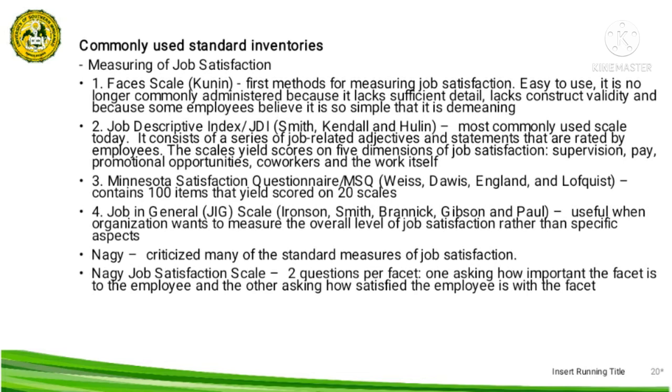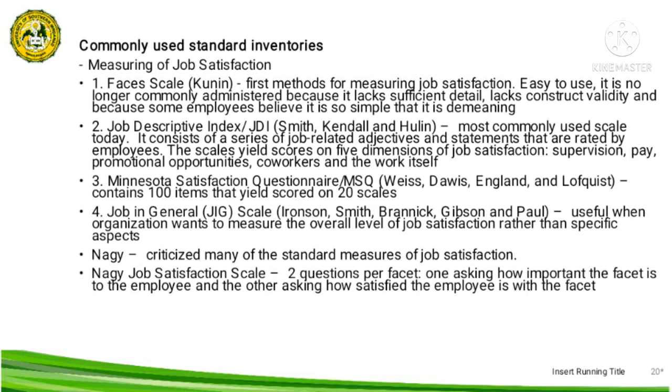'Di ba pag face, more on face validity, siya ang weakest sa lahat ng validity na ginagamit. Parang dito din sa job satisfaction, siya din ang pinaka-simple at easy to use na scale.